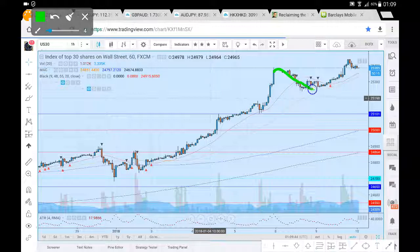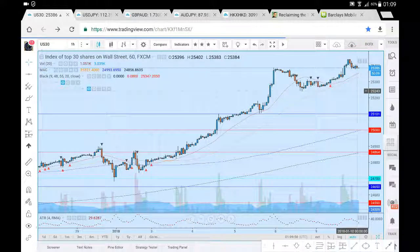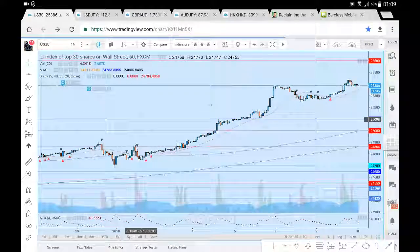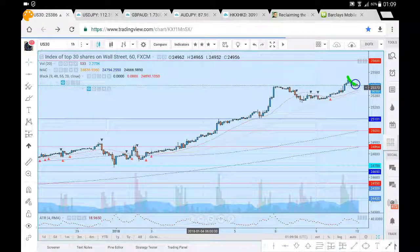25,400. So we have had pullbacks. Then we have further upside continuation. So above this 25,400, I am looking for prices to head to 25,600, from which we might potentially see a negative reaction or some sell side movement come into the market